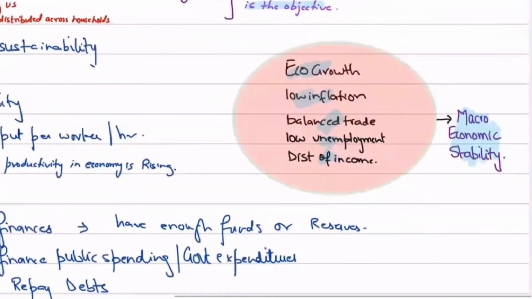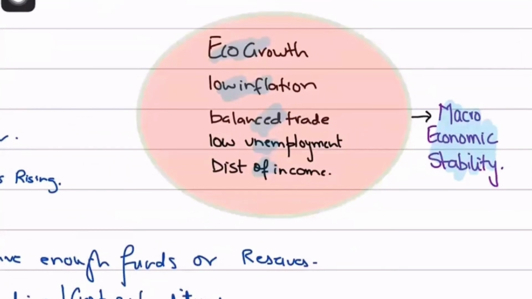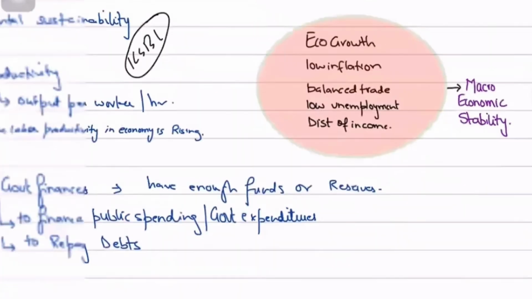So you want to talk about what macroeconomic stability means. It means that a country has good levels of growth, low levels of inflation, all together. If you're able to achieve them all together, all 4 or 5 of them, it means that your economy has macroeconomic stability. So you can't say, oh, economy mein GDP grow kar rahi hai, to macroeconomic stability aa rahi hai. That's a wrong conclusion that you derive. You can't say that if there's low inflation, then you have macroeconomic stability. Macroeconomic stability is a huge term, right? So in order to achieve macroeconomic stability, you should have a mix of all these indicators being achieved. Only then there would be macroeconomic stability.